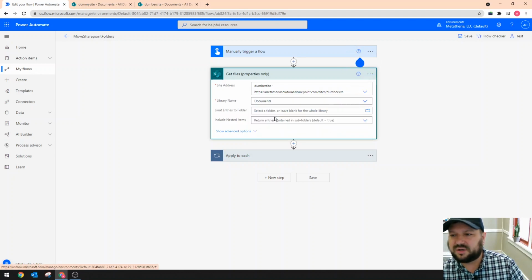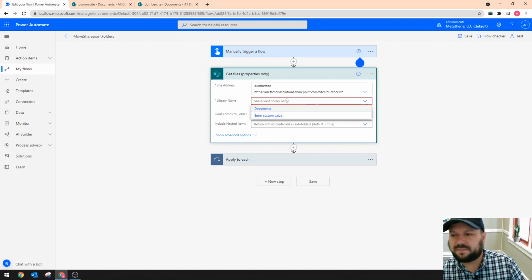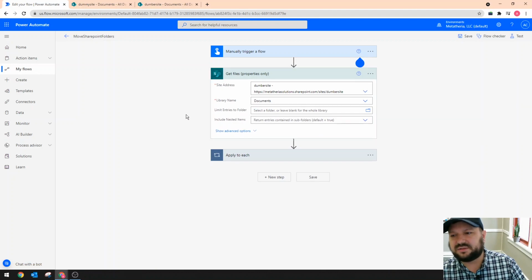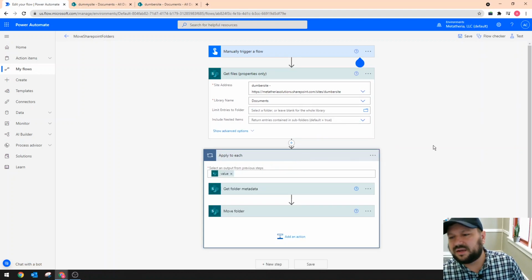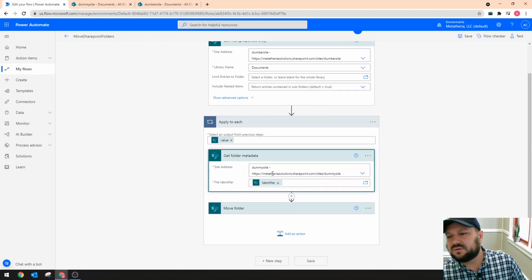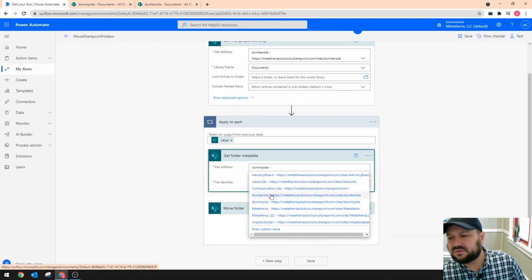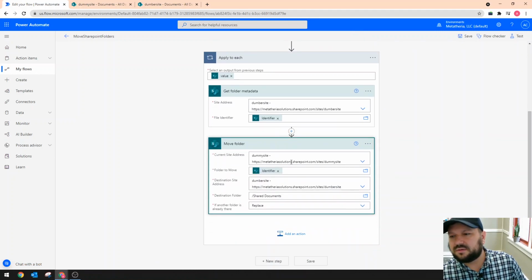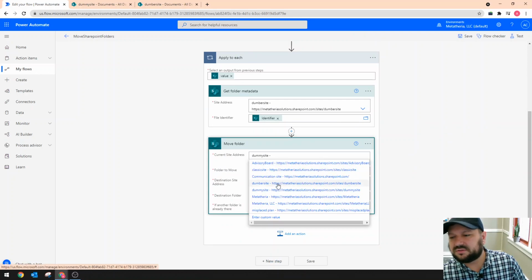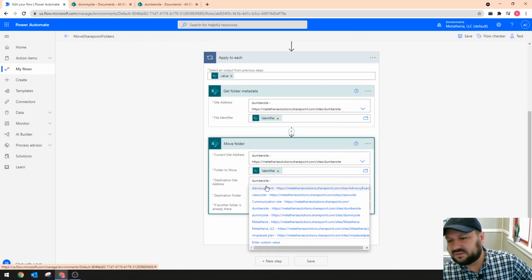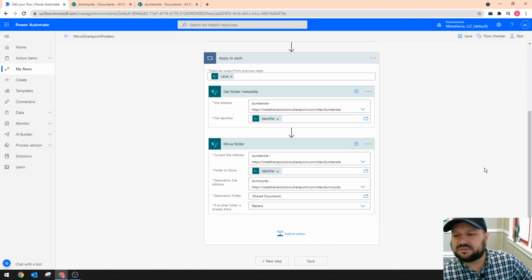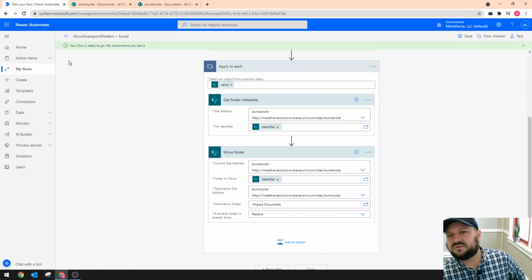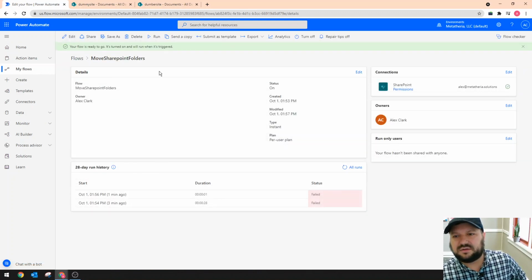We're gonna go from dummer site, change that to Documents, apply to each, change this to dummer site, change this to the dummer site, and change this to dummy site. I'm going to save,